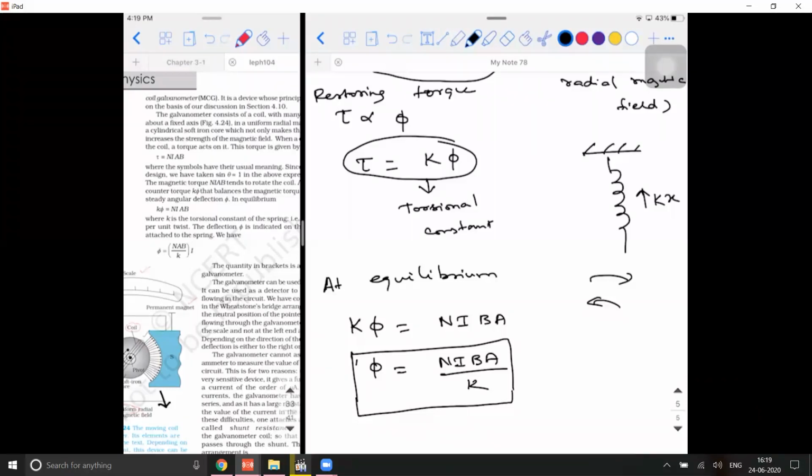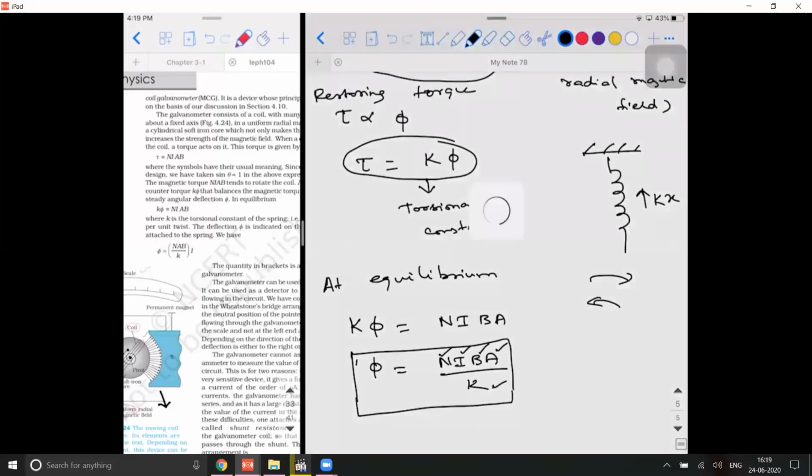So what you can do, if suppose you want to create a big galvanometer, let's say from 0 to 30 divisions, then you need to produce more deflection, right? So more deflection means you choose to pass more amount of current. You can increase the number of turns. You can increase the magnetic field of the magnets that you're using. You can increase the area of the coil, or you can decrease the torsional constant of the spring. So this will help you if at all you want to design your own galvanometer. Is it clear?